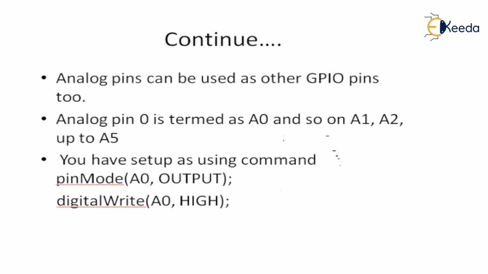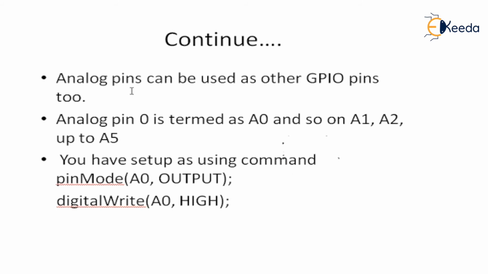If you are a newbie, how can one interact with it? The analog pins can simultaneously also be used as general purpose input output pins. In that case analog pin 0 is termed as A0. Similarly, pin number 13 was there in digital. Let's say we wanted to make use of an analog pin for the same application in digital form, in that case in the program you don't have to write analog pin 0 in complete convention, you just term it as A0 instead of writing the pin number. And similarly for using another pin like analog pin 1, you have to write A1.